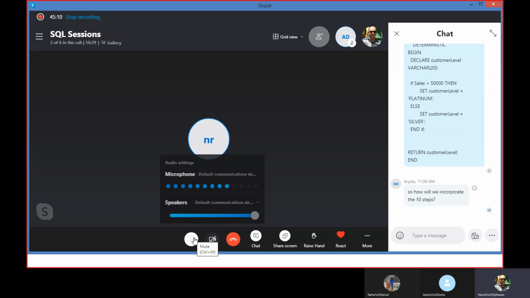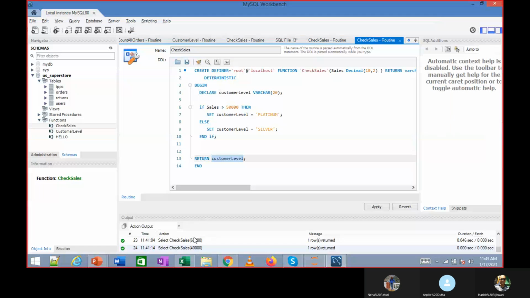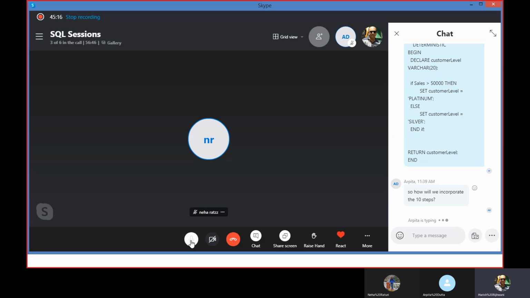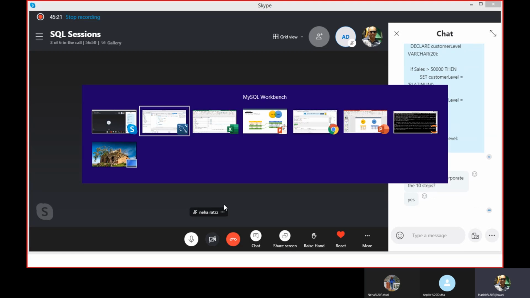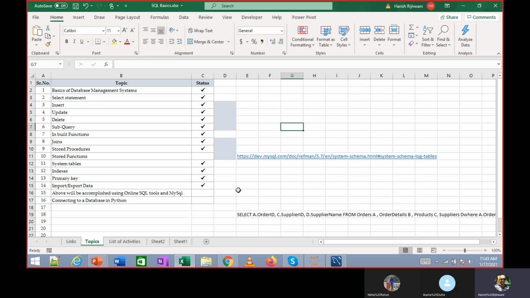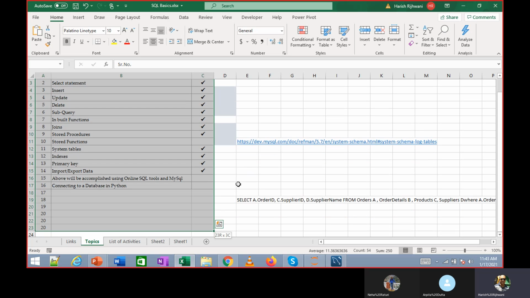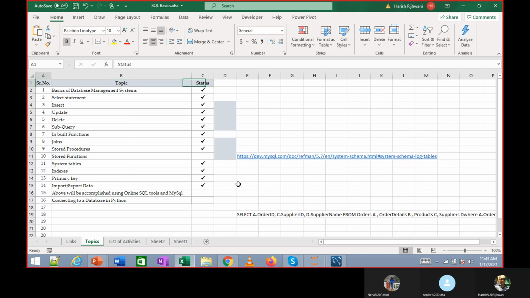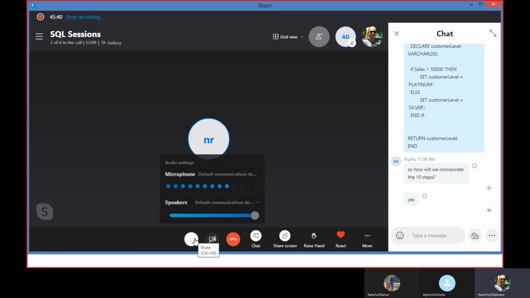Make sense? Okay. Try this function on your own. And then we'll move to the last point, which is there.